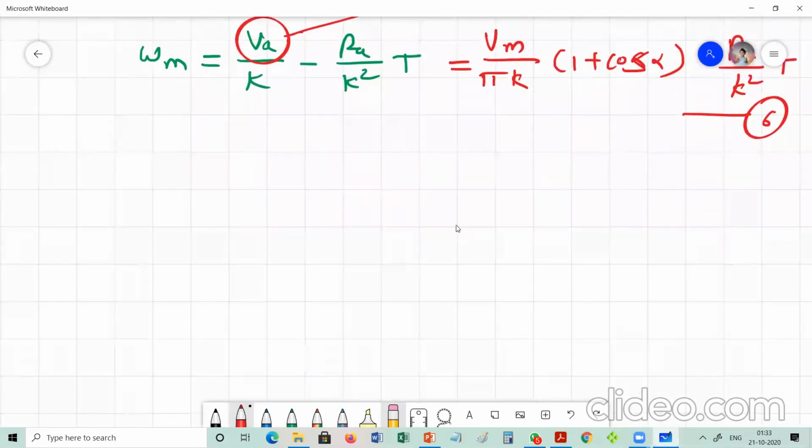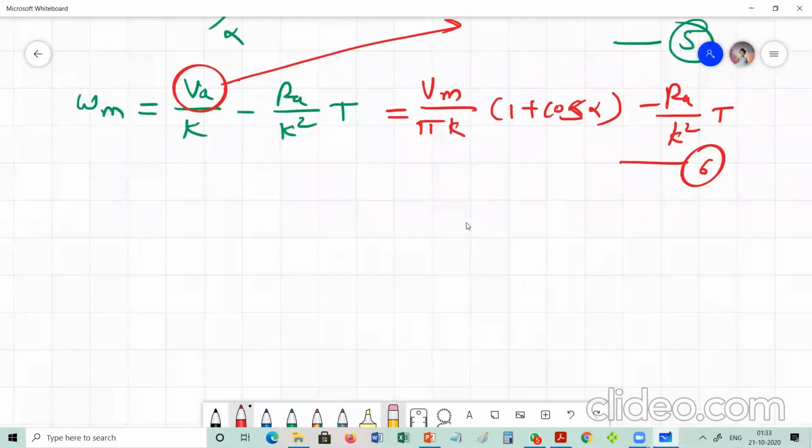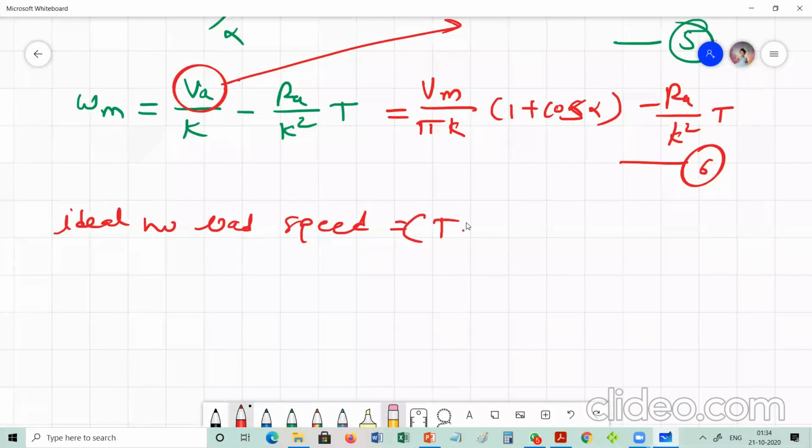Using this equation, you can find out the ideal no load speed by putting T equal to 0,